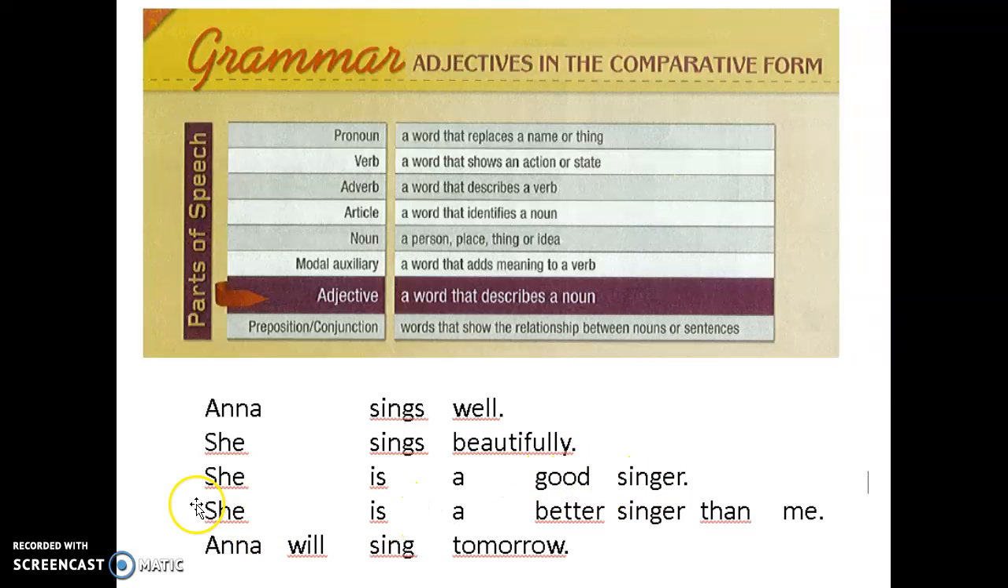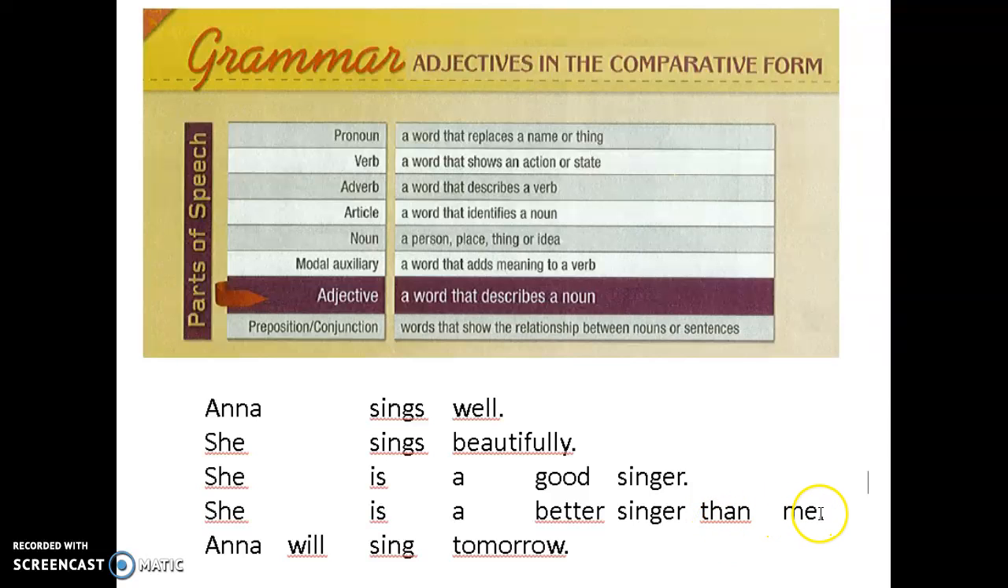The next sentence, when I say she is a better singer than me, the word better is the comparative form of the word good. She is a better singer than me. So here I'm describing how good she is, how good a singer she is, and I'm comparing her to me. I'm comparing Anna to me. So Anna is a better singer